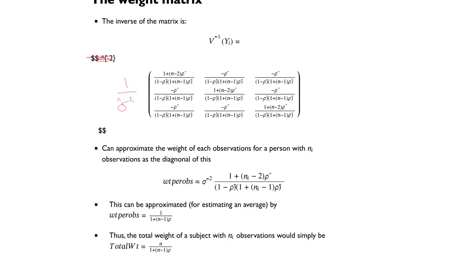That's the inverse. Again, it doesn't matter what it looks like. Again, this is for somebody with a sample size of 3, so 3 observations. This is what it would look like for them. It turns out that these are always much bigger than these. So the diagonals, I'm sorry, the diagonals